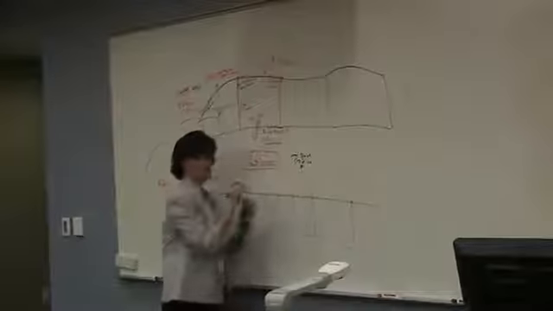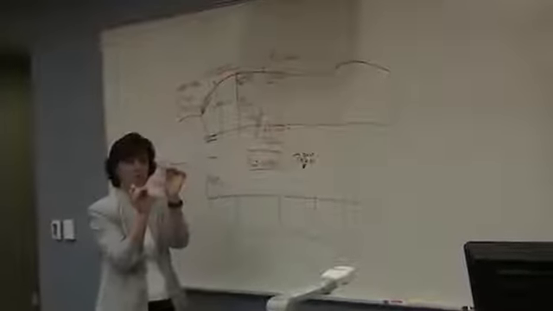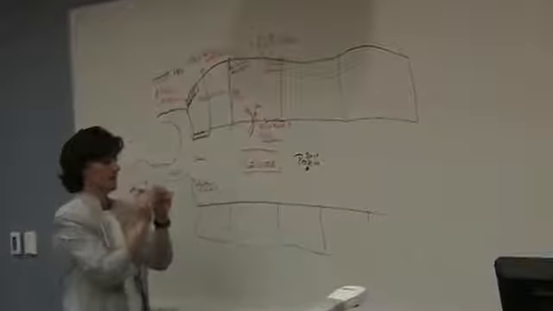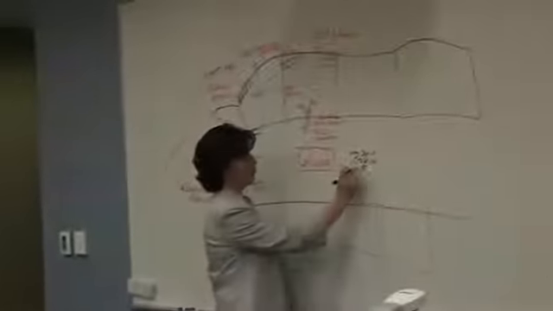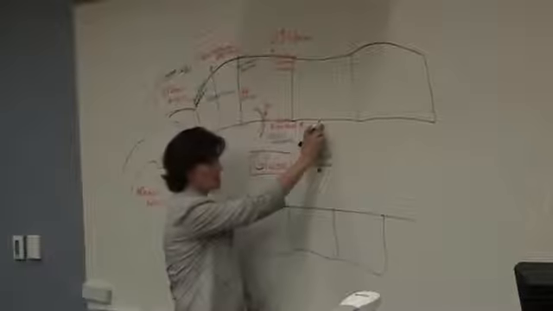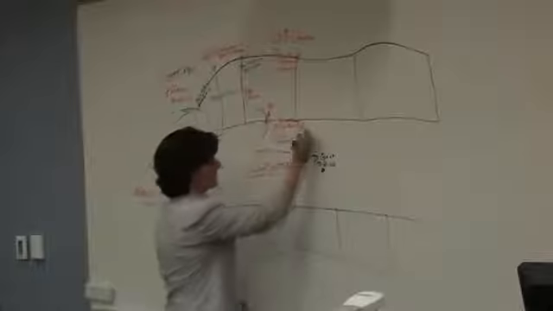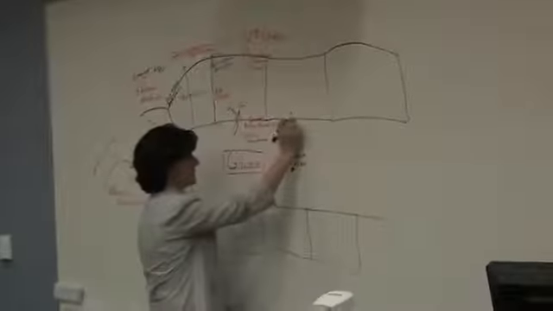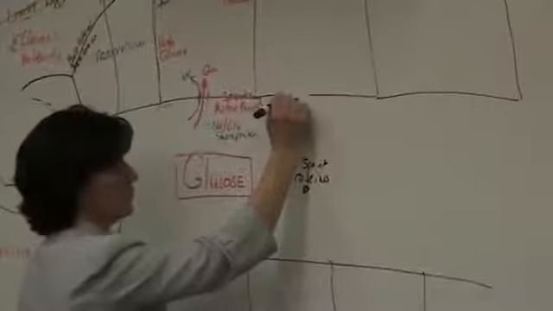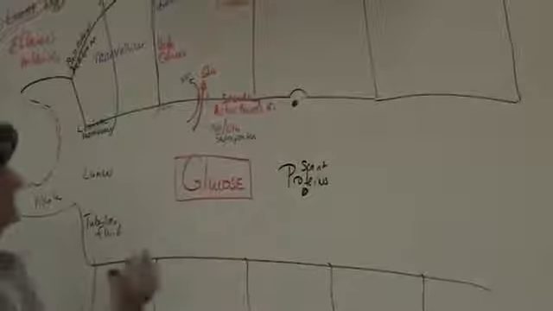A protein is a polymer of amino acids. It's not a tiny little thing like glucose. Glucose is one little monosaccharide. We're talking about relatively long strands of amino acids. So there's no channel, no carrier that's going to be able to take that protein and put it in on the other side. So instead, the protein will be up here at the surface. And how will that cell be able to pull that and bring that protein in? By what process? Pinocytosis.